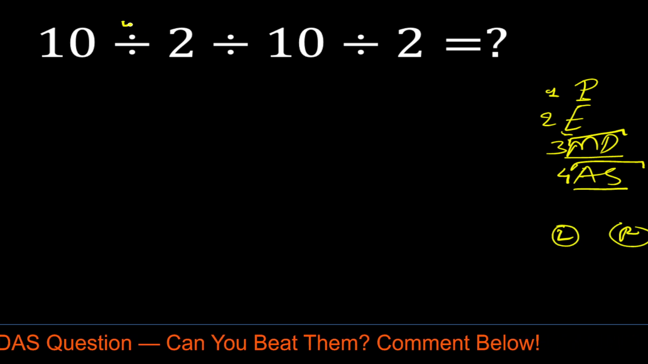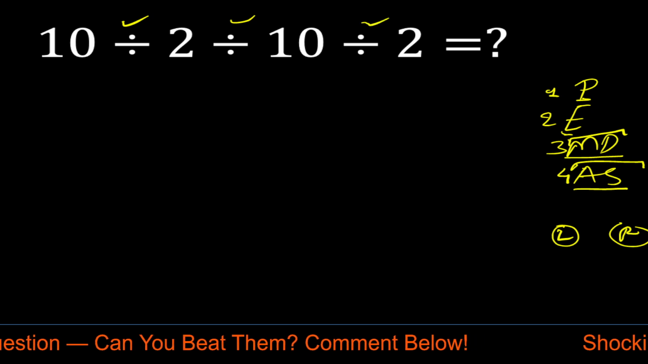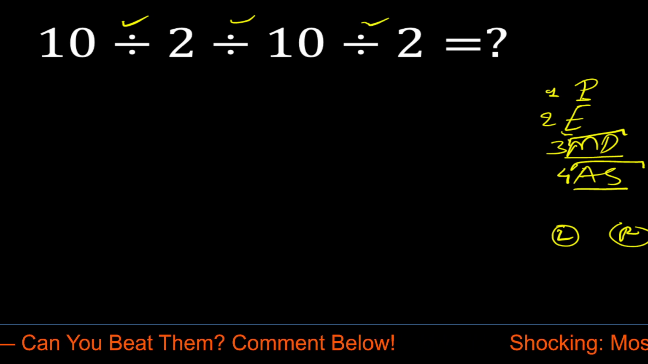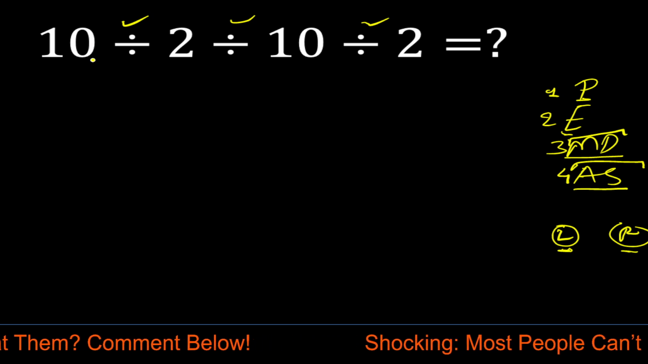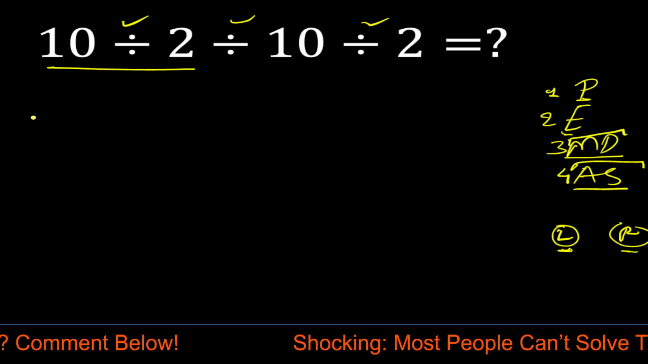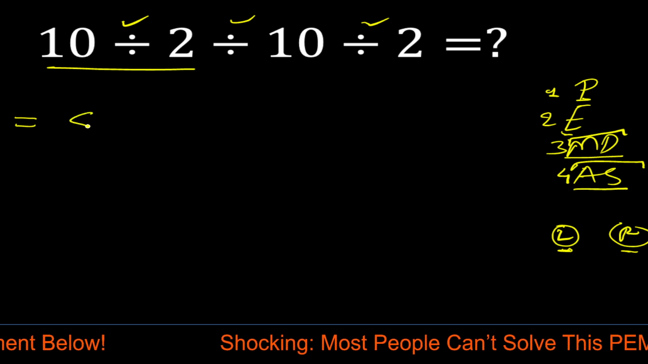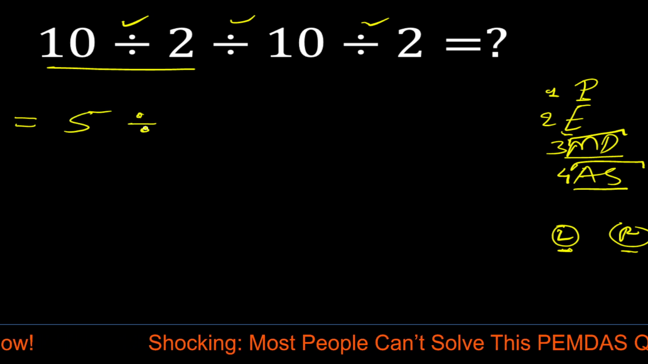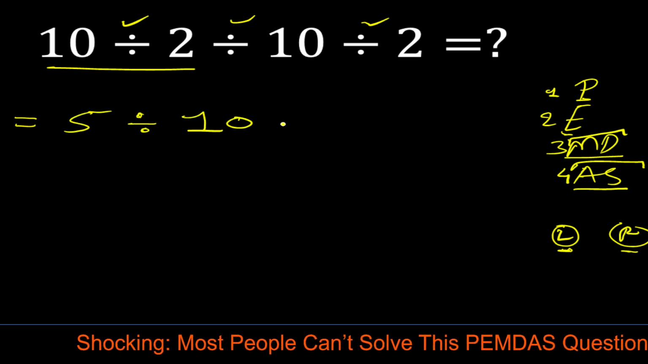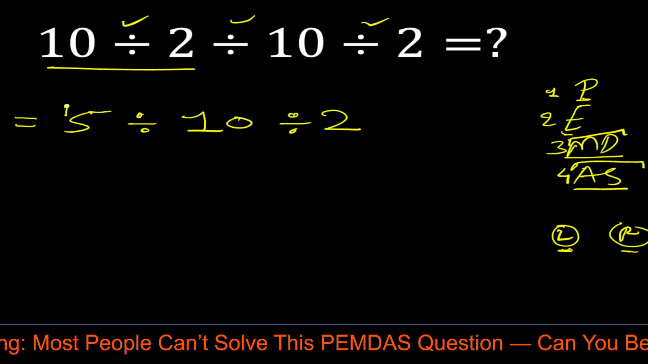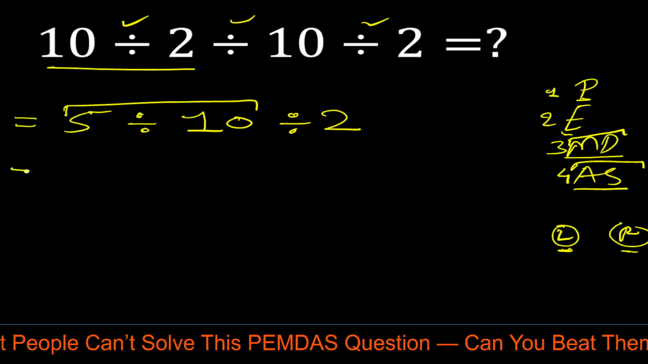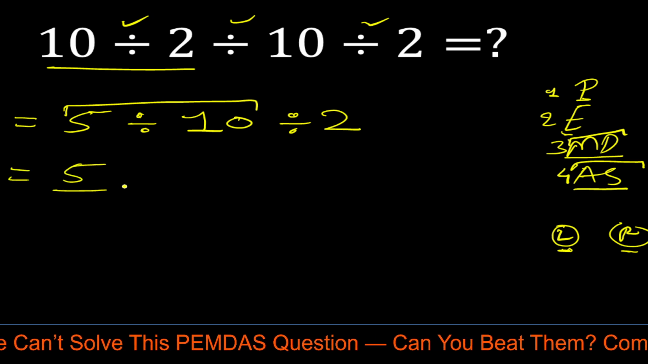So in this question, here we have division, here division, and here division, and all have equal priority, so we have to solve it from left to right. So first we have to solve this division. So now 10 divided by 2 is equal to 5, divided by 10, divided by 2, right? Now 5 divided by 10 can be written as 5 upon 10